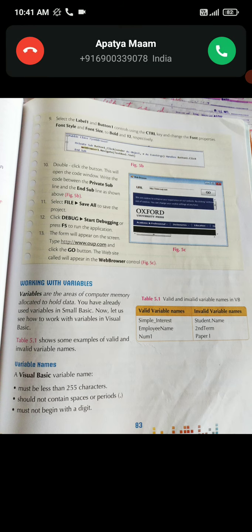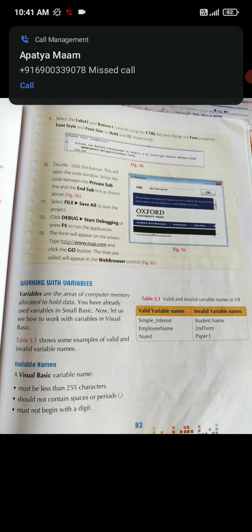A Visual Basic variable name should not contain spaces or periods. So the variable name should not contain any sort of gap or space when you are typing characters, or periods.